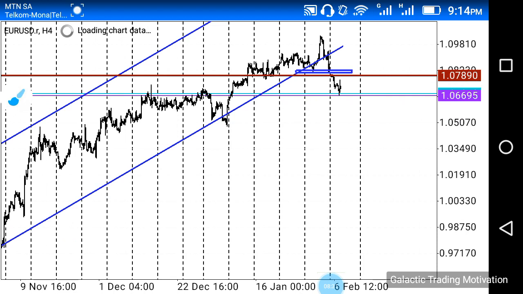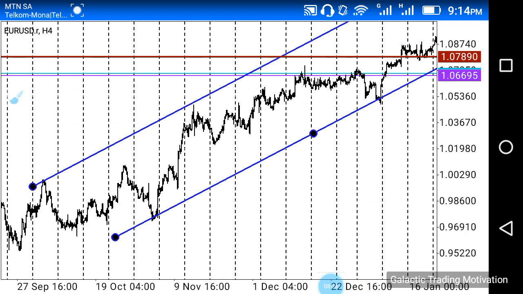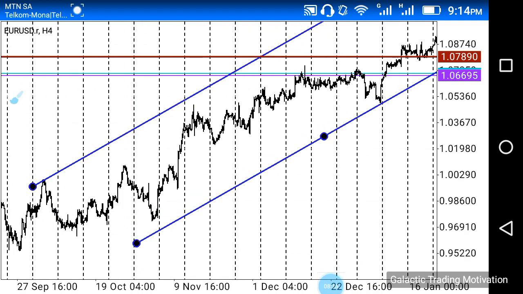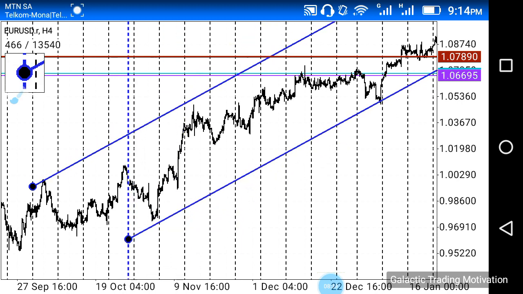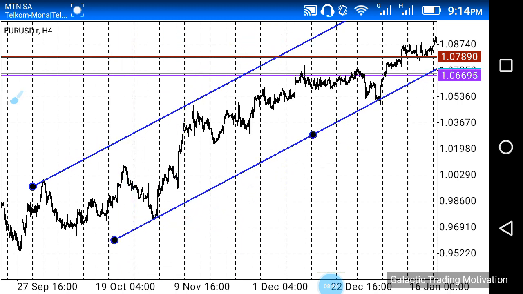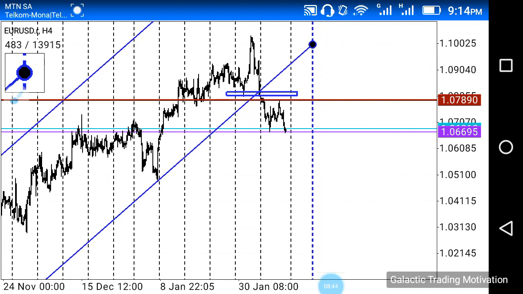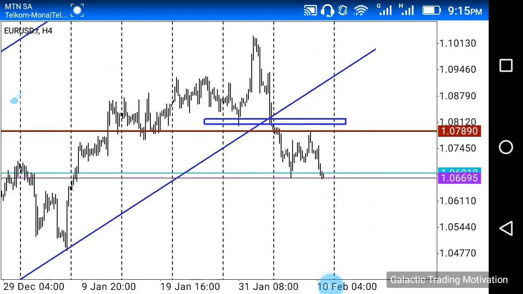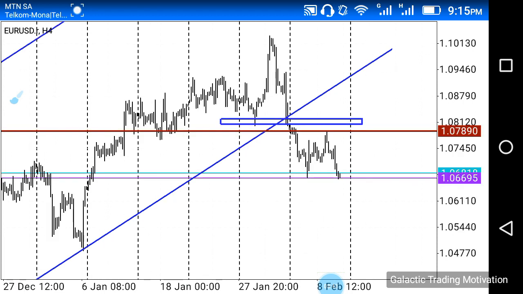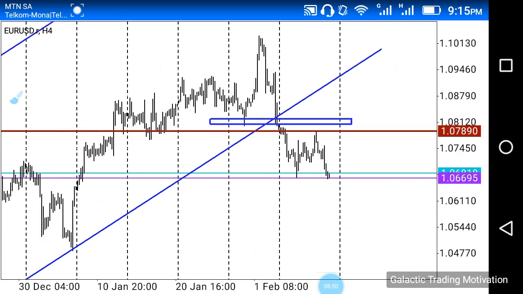And here we are on the H4 chart. On the H4 chart, I'm just going to fix my channel somewhat. Just bear with me. Let's see, more or less. There we go, right? And remember, guys, just to recap, on the daily chart we spoke about how we have